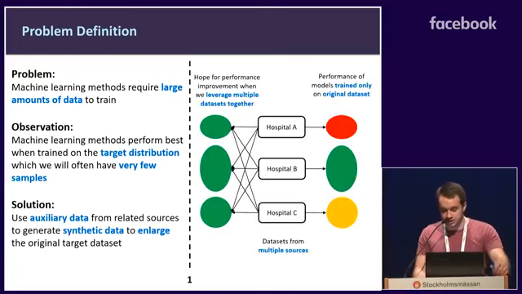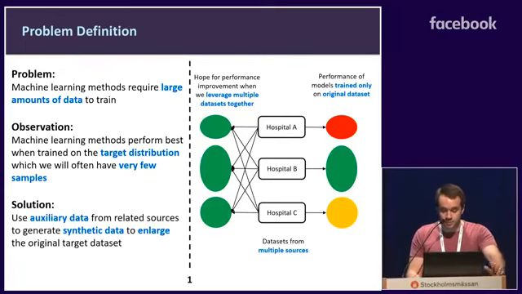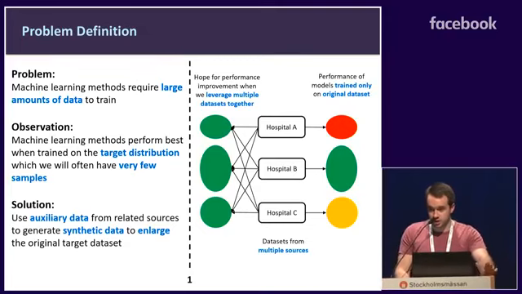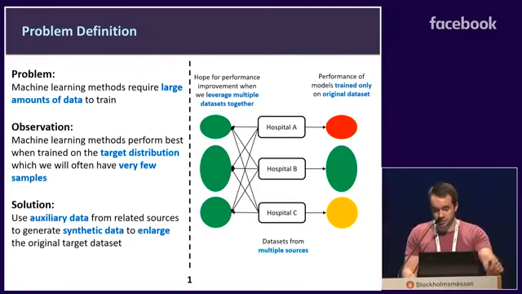A concrete example of this is suppose we have multiple hospitals in which we wish to deploy a predictive model. There may be few samples relevant to the predictive model in any individual hospital. For example, in hospital A here, the number of samples may be quite small, and so any predictive model we train on this dataset may have poor performance. However, in hospital B, we have many more samples, and so the performance is better. But we can try to use all of these hospitals together, leveraging the data from multiple sources to improve the prediction performance across all hospitals uniformly.